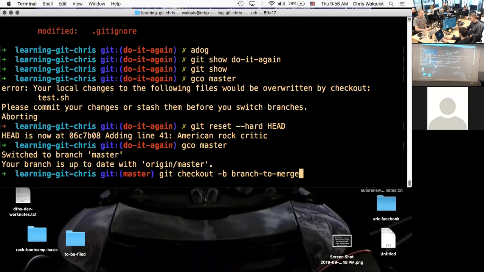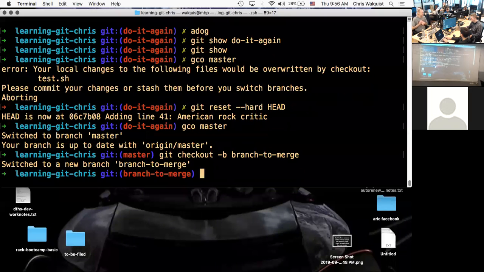This will take a little setup, but it'll be good practice, I think. So what we're going to do is make a new branch, make a change to a line in a file, come back to master, make a different change to the same line, and then we'll try to merge the first change back in and see what happens. Okay? So we did the git checkout -b,